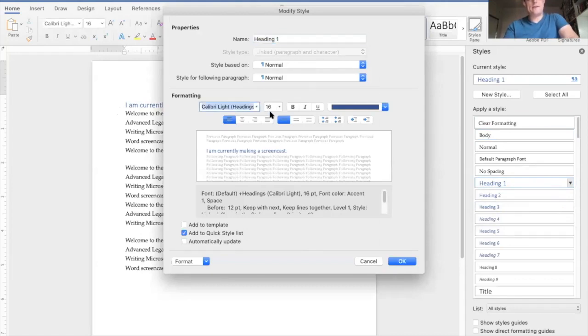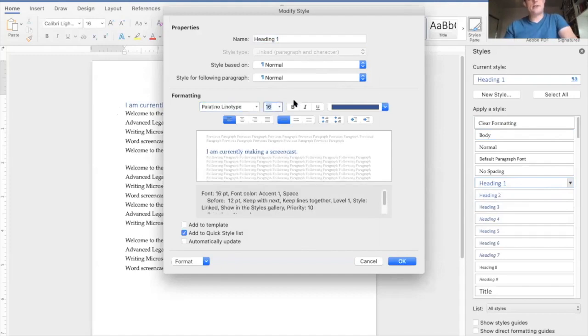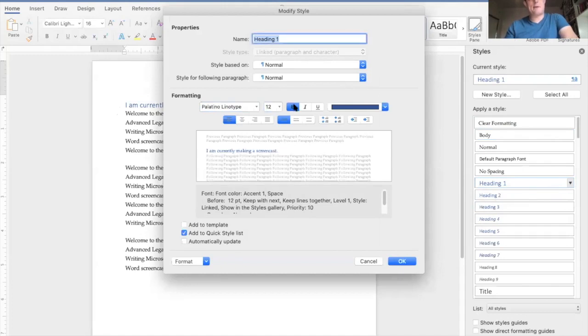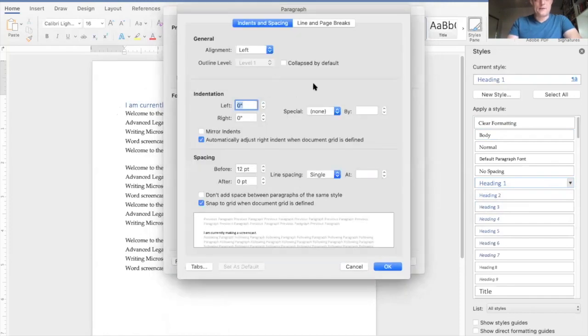change the formatting to make it the correct font, which is Palatino Linotype for me. Change the size to be 12. I like my top level point headings to be bold. I'm going to hit add to template, let's go to paragraph. We do want it left aligned with no indentation. I do want it to be hanging so that